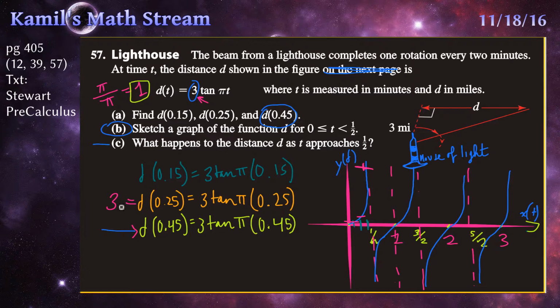This we know, because 0.25 is half of half. A fourth is a half times a half. And since our period is 1, and since there are 4 quadrants, that means when